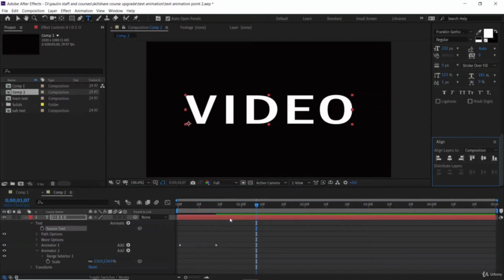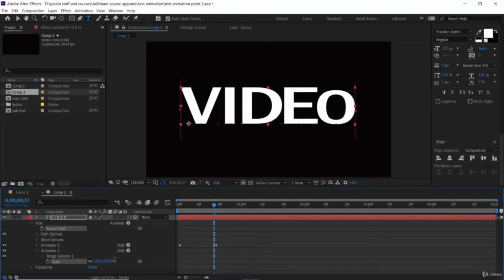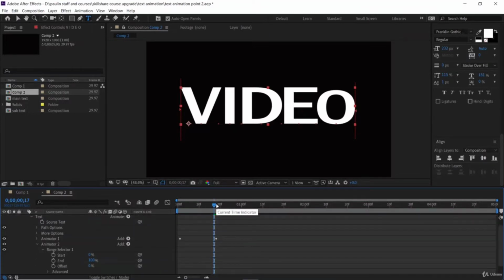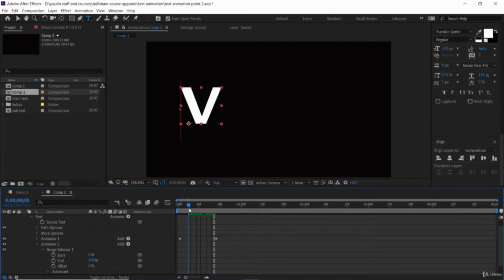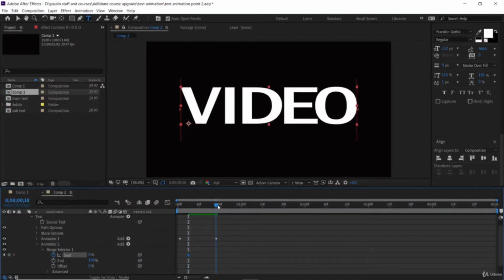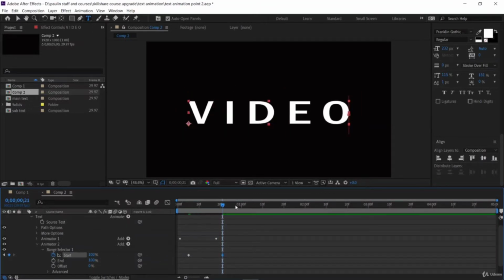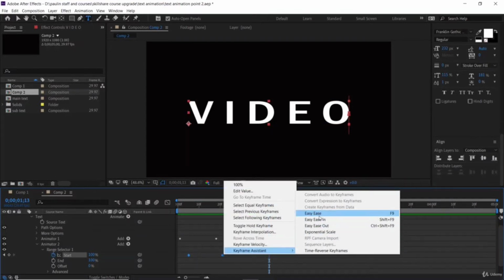I have to align it again. Like this. Then you have to go on lens selector. I'm going to add a keyframe right here. Then another keyframe right here. So let's hit preview and see. So let's make it easy. Keyframe assistance is